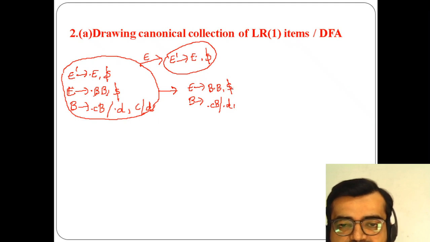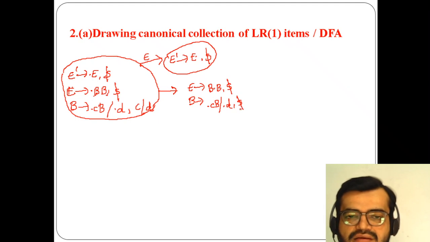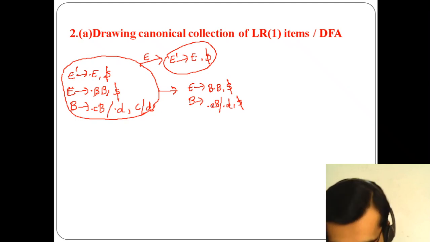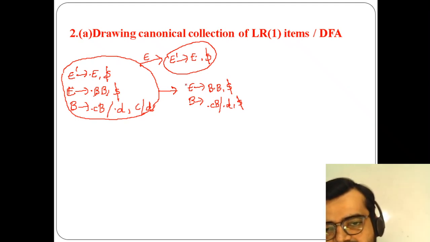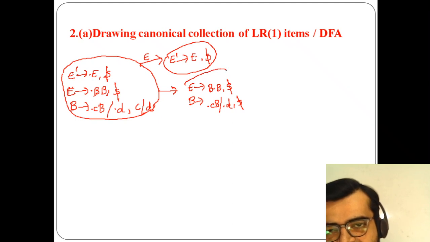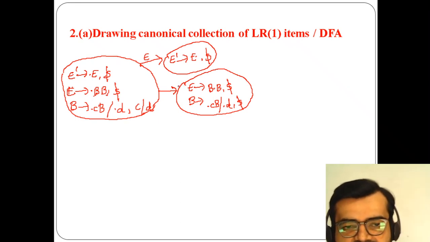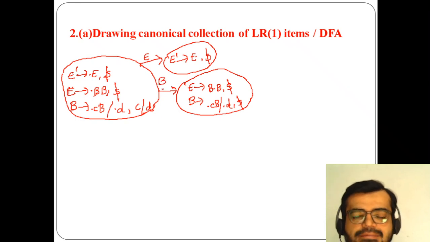So you have to use the previous look ahead symbol only here. So instead of writing C or D, I have to use dollar only here. Okay, so don't think that. Why? Because this is a different case. And after that nothing is there, so this is going to get completed. So this goto state has been completed.